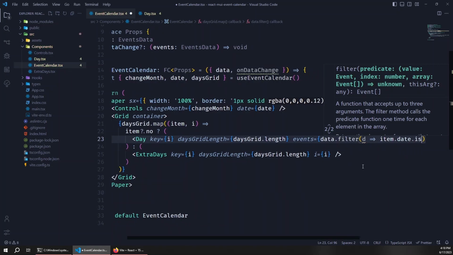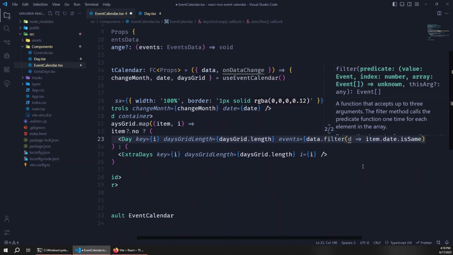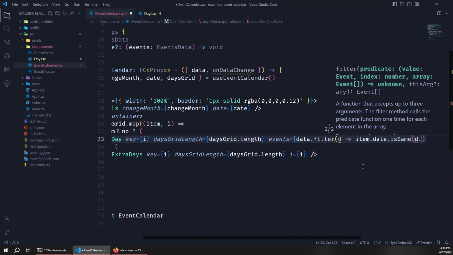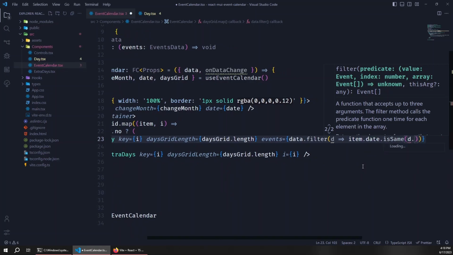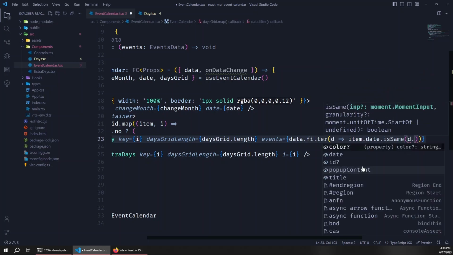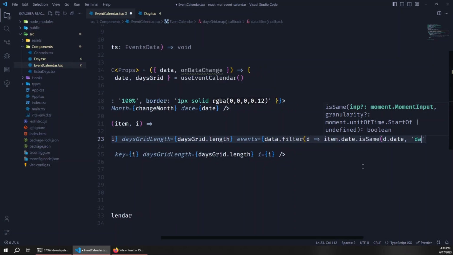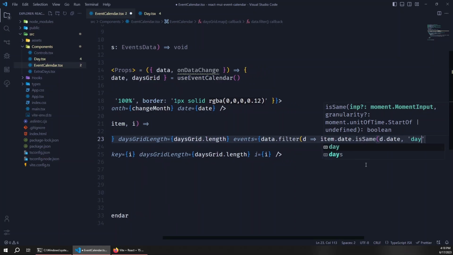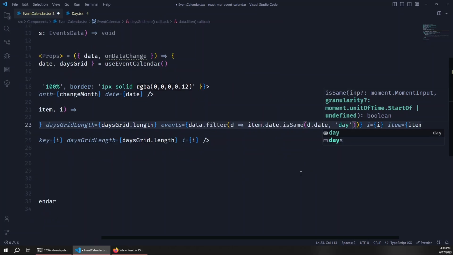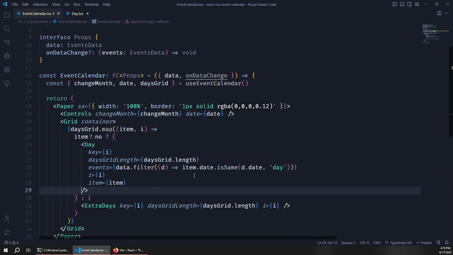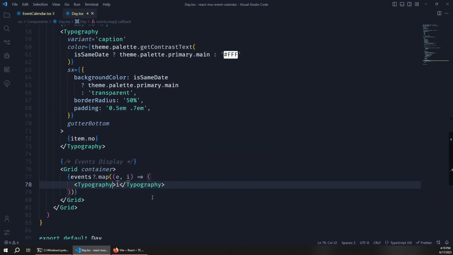So this is just a simple filter, and we are using moment, so it provides us with a nice function is same, which will just compare it with the date we are getting, and I want the comparison to be of same day. Back in the day component,